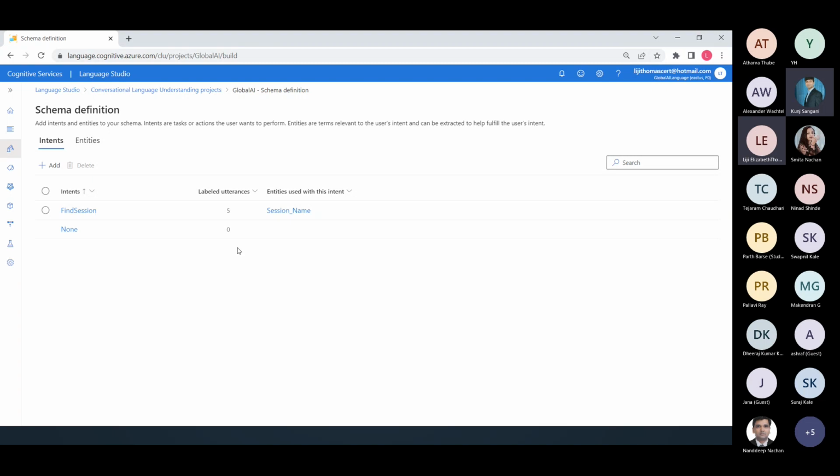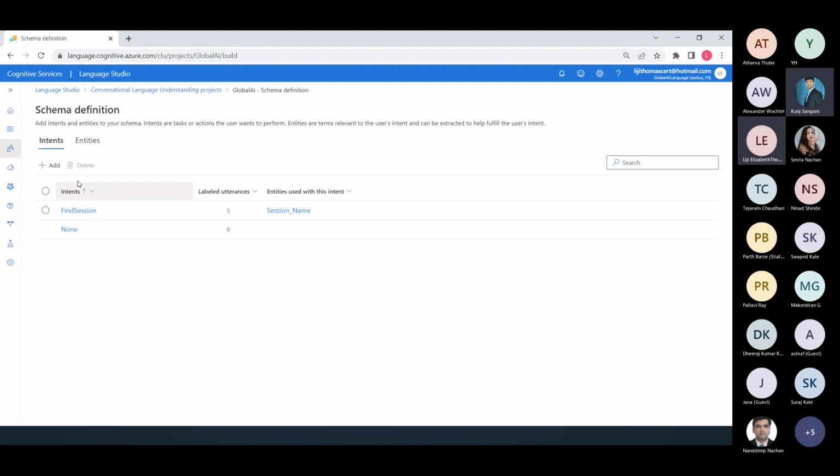So what happens when we train it on that is tomorrow a user may come and ask for a completely different session using a completely different phrasing. But the model, as good as it's trained, should be able to predict that the intention of the user was to find a session, and this is an entity name that they're looking for. So this might be the session name, and then map it to the answer, with things like question answering, and everyone can take the flow from there.